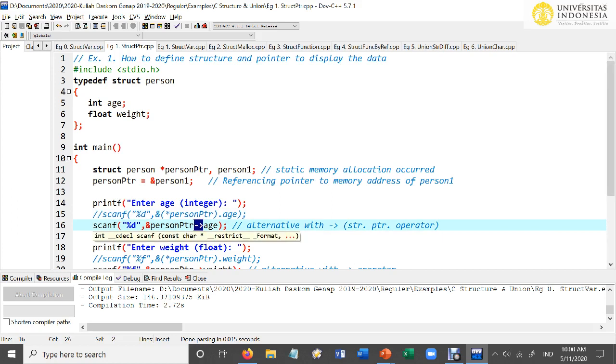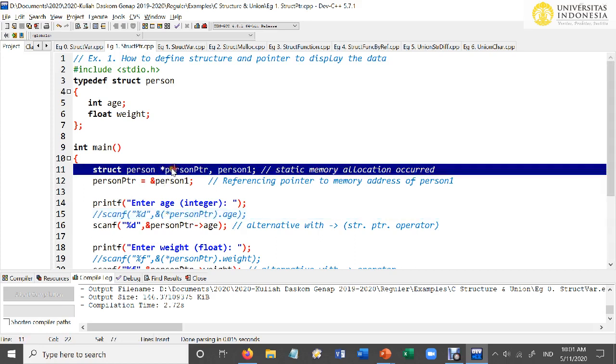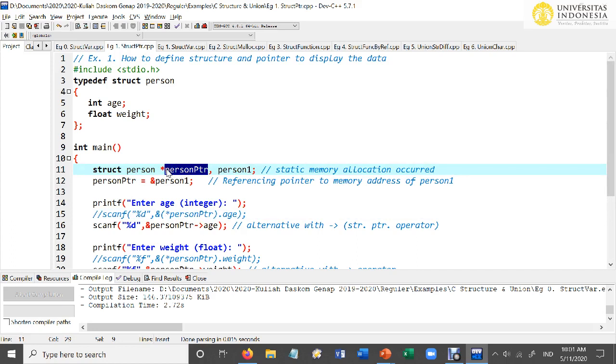The arrow sign shows the same usage as the dot operator, but the difference is how to write the pointer's name. In the first way, using the dot operator, you mention the name of the whole pointer, star person pointer, as a whole. And after that, you can see that,